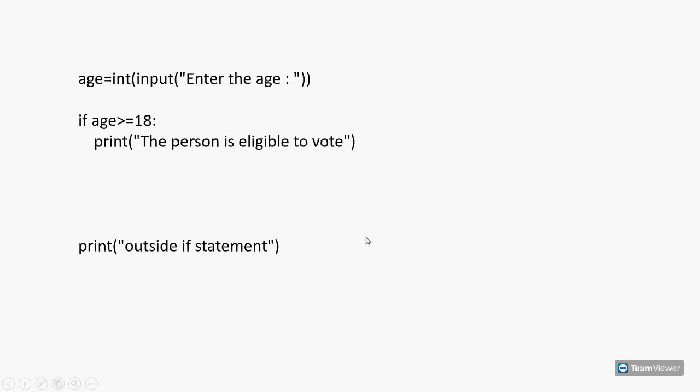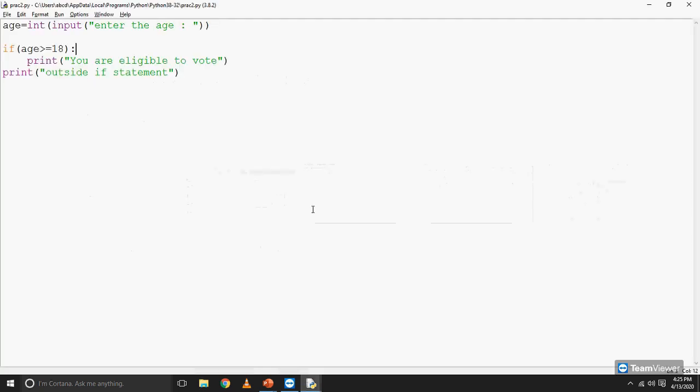So here is the previous program of if which we had implemented, and we are going to add else now. So what will happen here is, if the age is greater than equal to 18, then it would print that the person is eligible to vote, and in case the person's age is not greater than equal to 18, then the else would get executed and the statement inside else would be printed. So let me change the program accordingly here. So else print